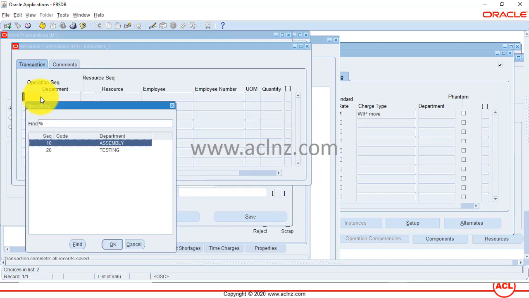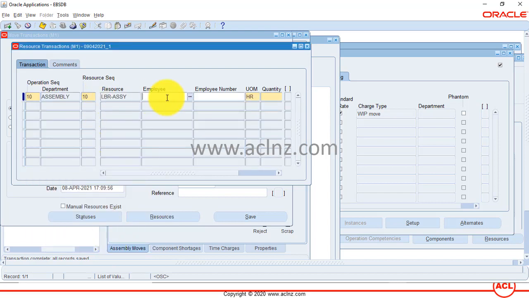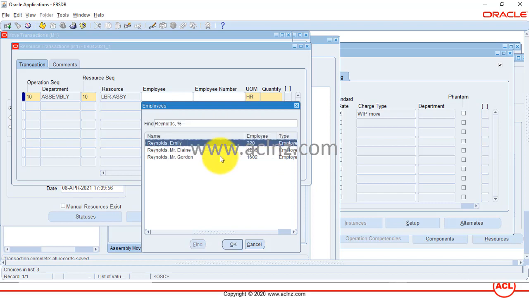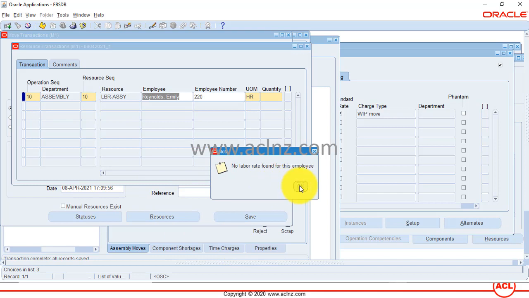So now manually you can charge something like the resource sequence, and you can associate the charge with an employee. So let's say some employee name, any employee I will select.